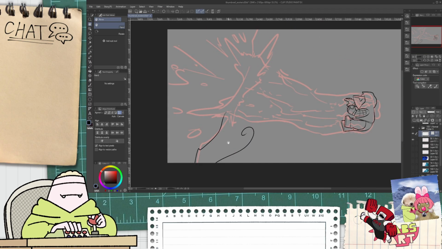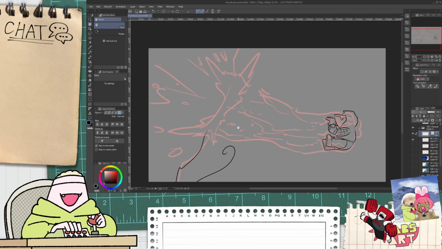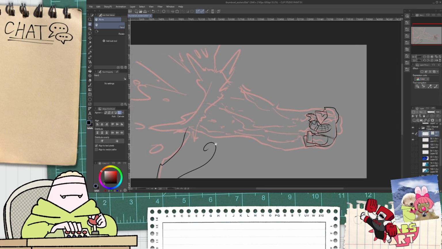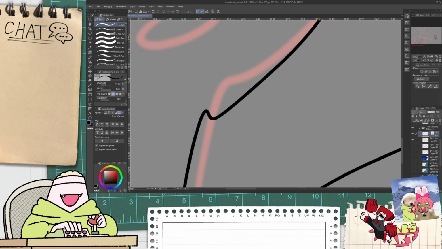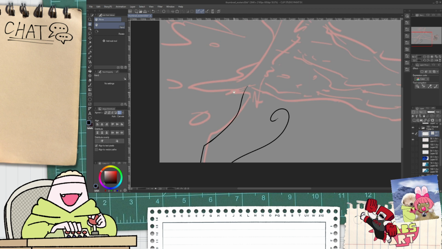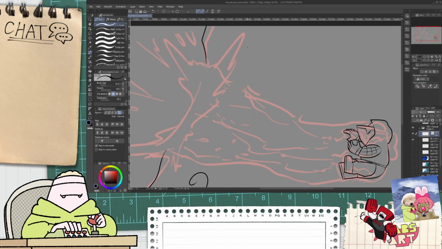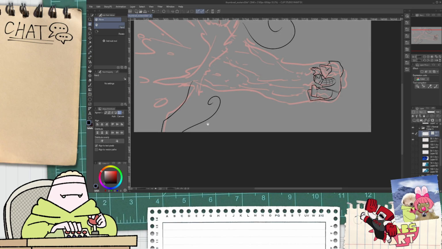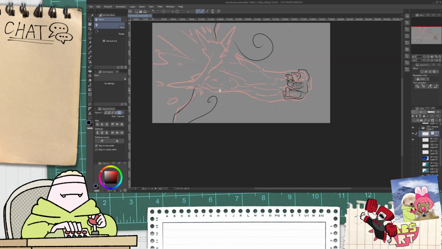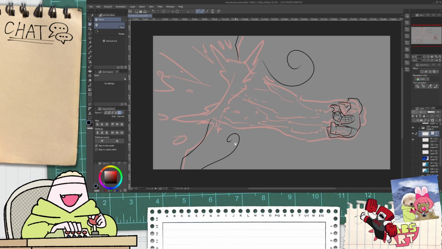Ooh, okay. I was thinking about how I would make the change between the surface of the water and the depth of the water, but I think this could work, having this kind of spiral connecting them. Or maybe that should be for the coloring phase.